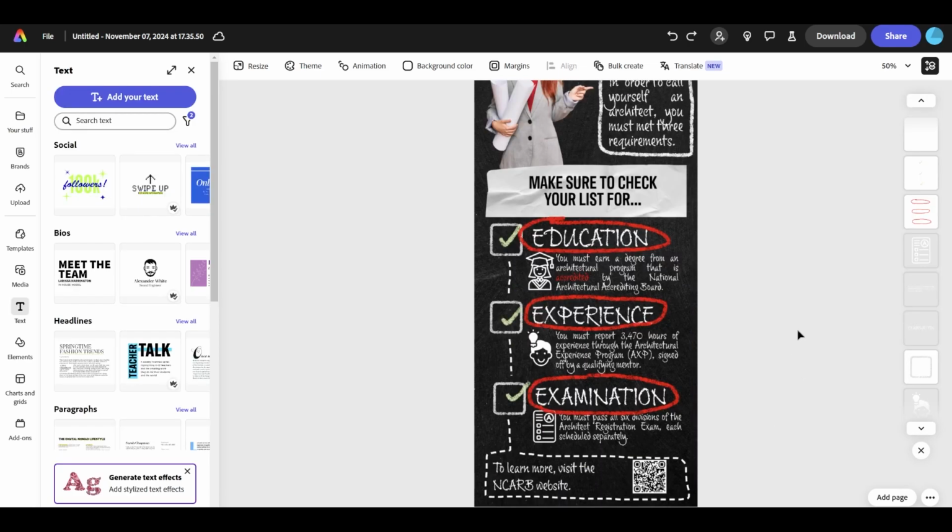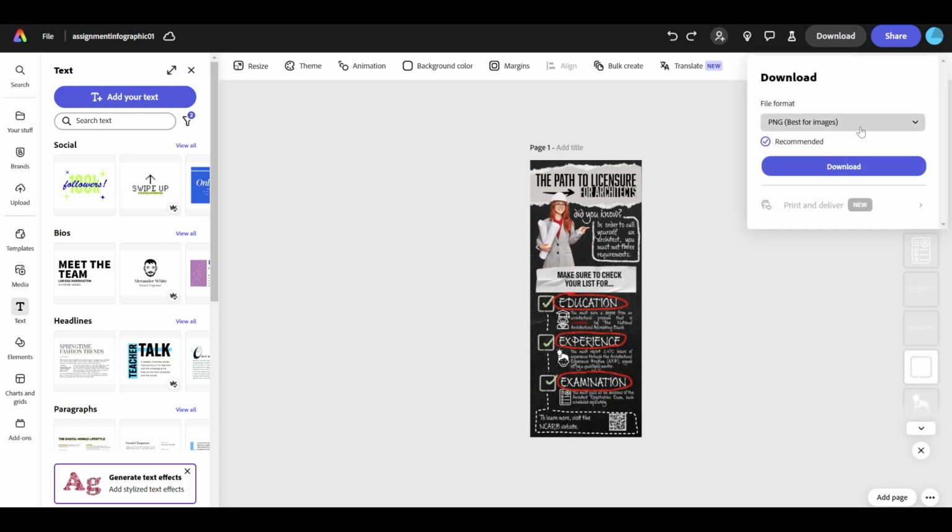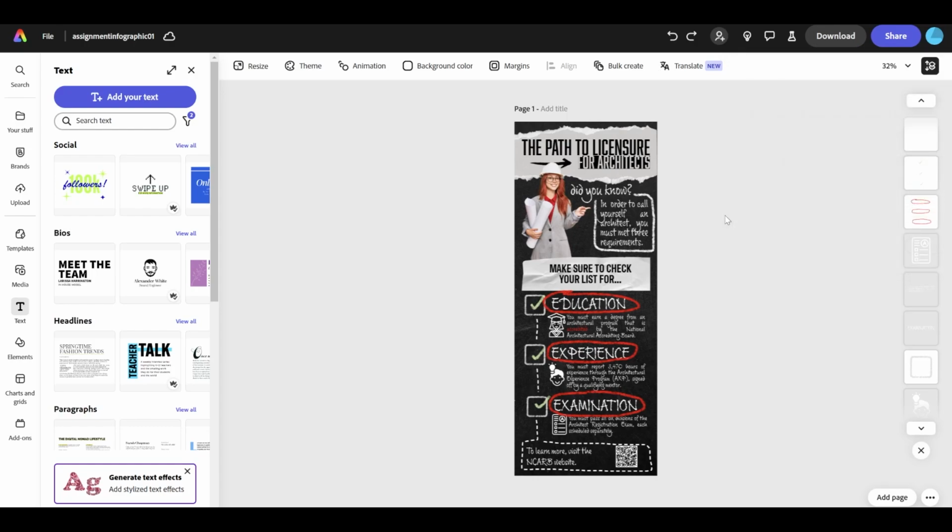I'm going to do one test, and that is zoom out to see what it looks like from afar. And now that I'm looking at it like this, I can definitely see those elements of an infographic, and that is the bold title. And the most important parts of my infographic are very readable. I'm going to go up here to the upper left corner where it says untitled and just name it. And now it is saved to the cloud, and I'm just going to hit download. And you can change the file format to whatever you like. In my case, my professor wants it to be a PDF, and it downloaded to my device.